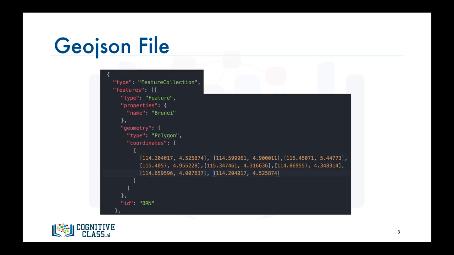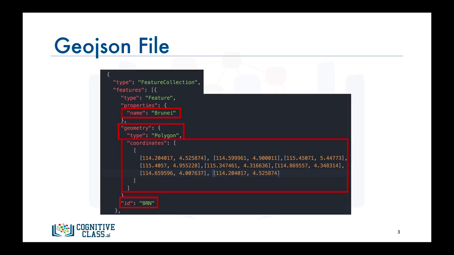In order to create a Choropleth map of a region of interest, Folium requires a GeoJSON file that includes geospatial data of the region. For a Choropleth map of the world, we would need a GeoJSON file that lists each country, along with any geospatial data to define its borders and boundaries. Here is an example of what the GeoJSON file would include about each country. The example here pertains to the country Brunei. As you can see, the file includes the country's name, its ID, geometry shape, and the coordinates that define the